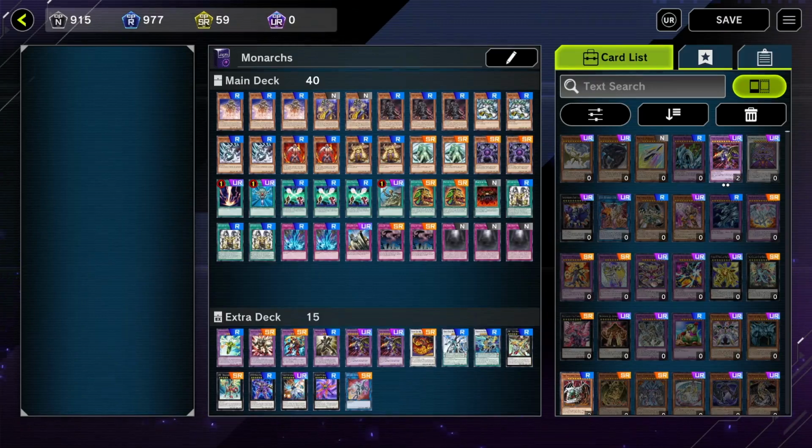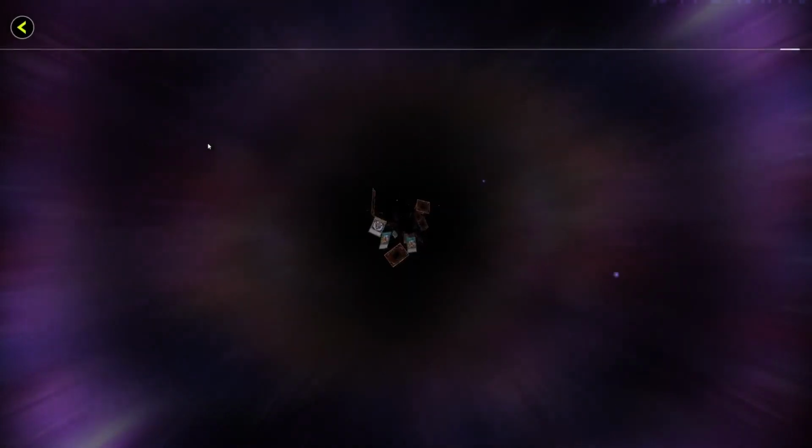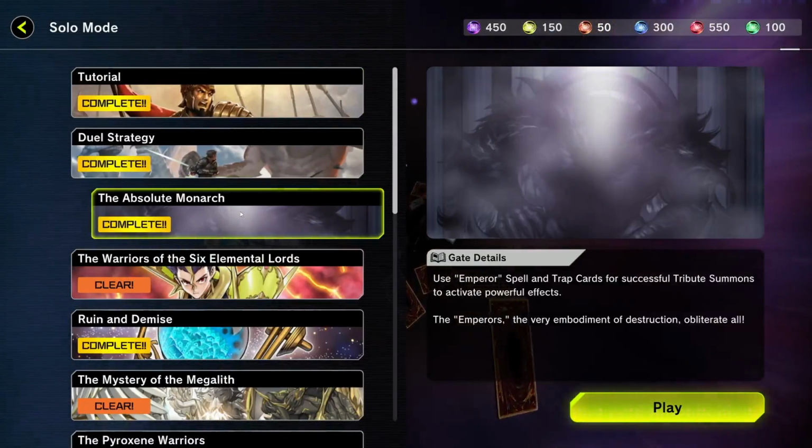This deck doesn't really cost much to make, and you can build it however you want. It's pretty simple, pretty basic. It's just a regular Monarch deck. They do give you this deck kind of for free when you're starting to play solo mode. I think it's the second or third thing right here. This right here. So you play Absolute Monarch,